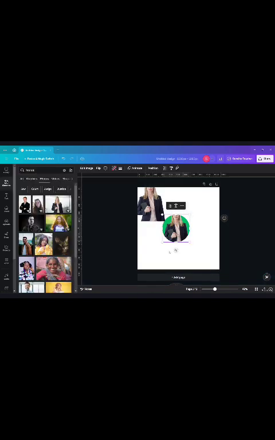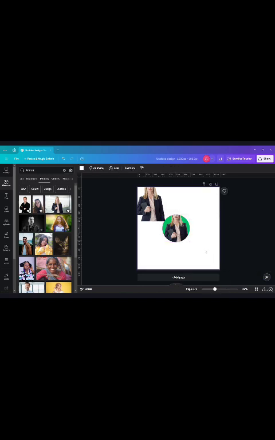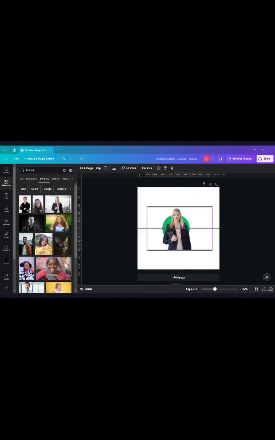Okay, and now once you're done, let's come here and let's just lock this one. Let's go to lock and I will just lock its position only. Or let's say I will just come here, I will just lock permanently. Okay, so once you are over here, make sure to place this accordingly. Okay. And once you are done, let's say I will come here and I will try to place this one